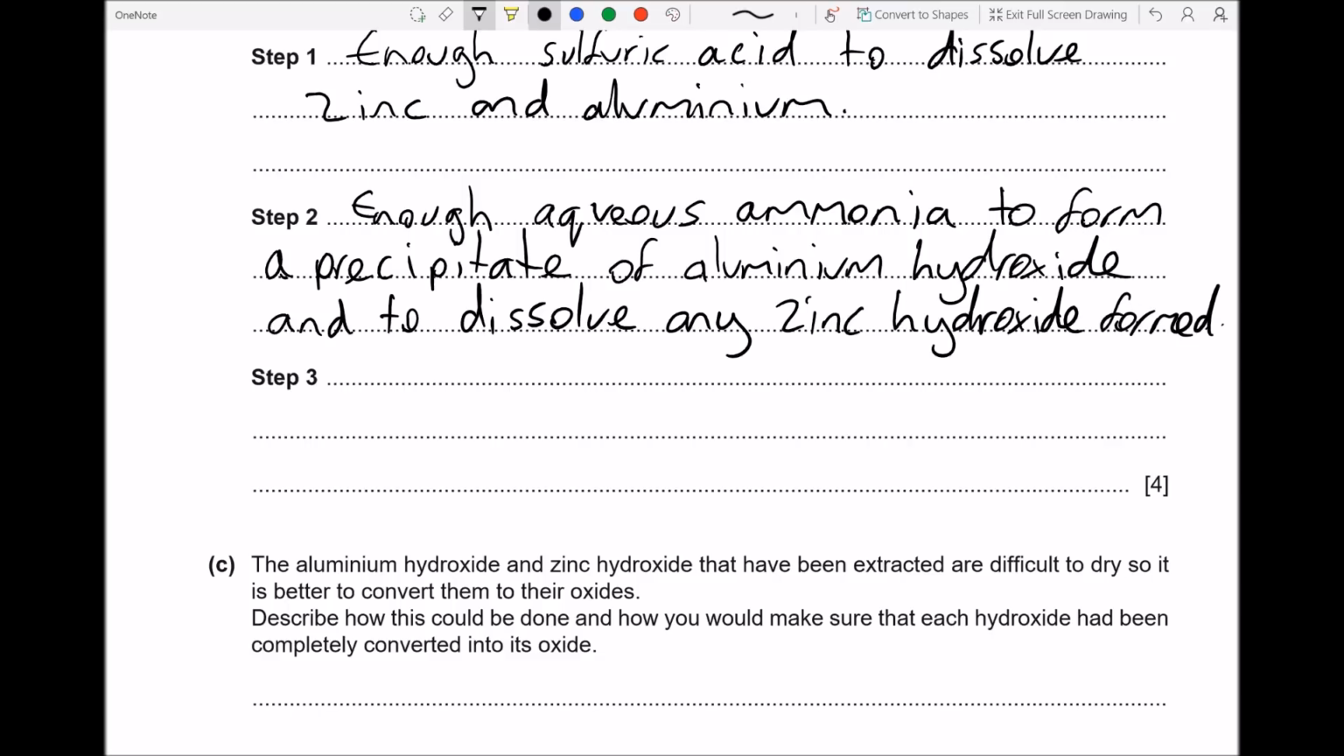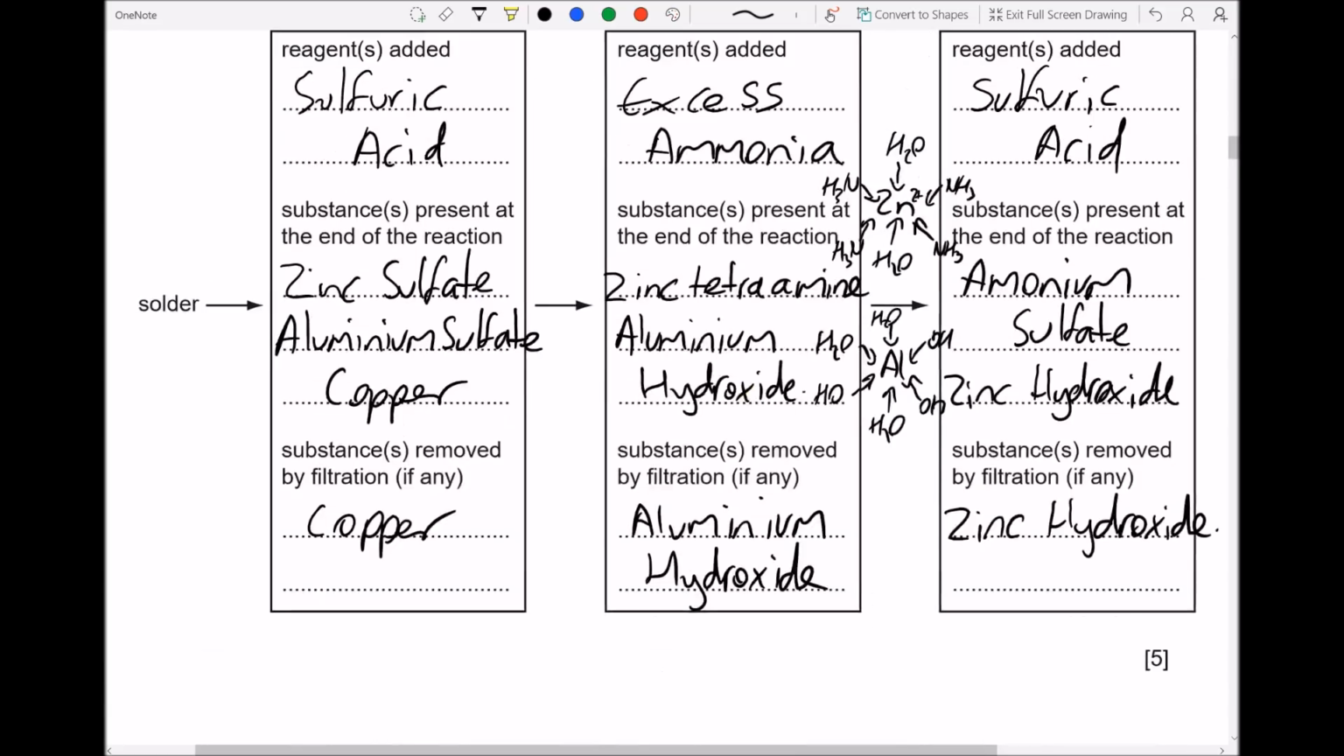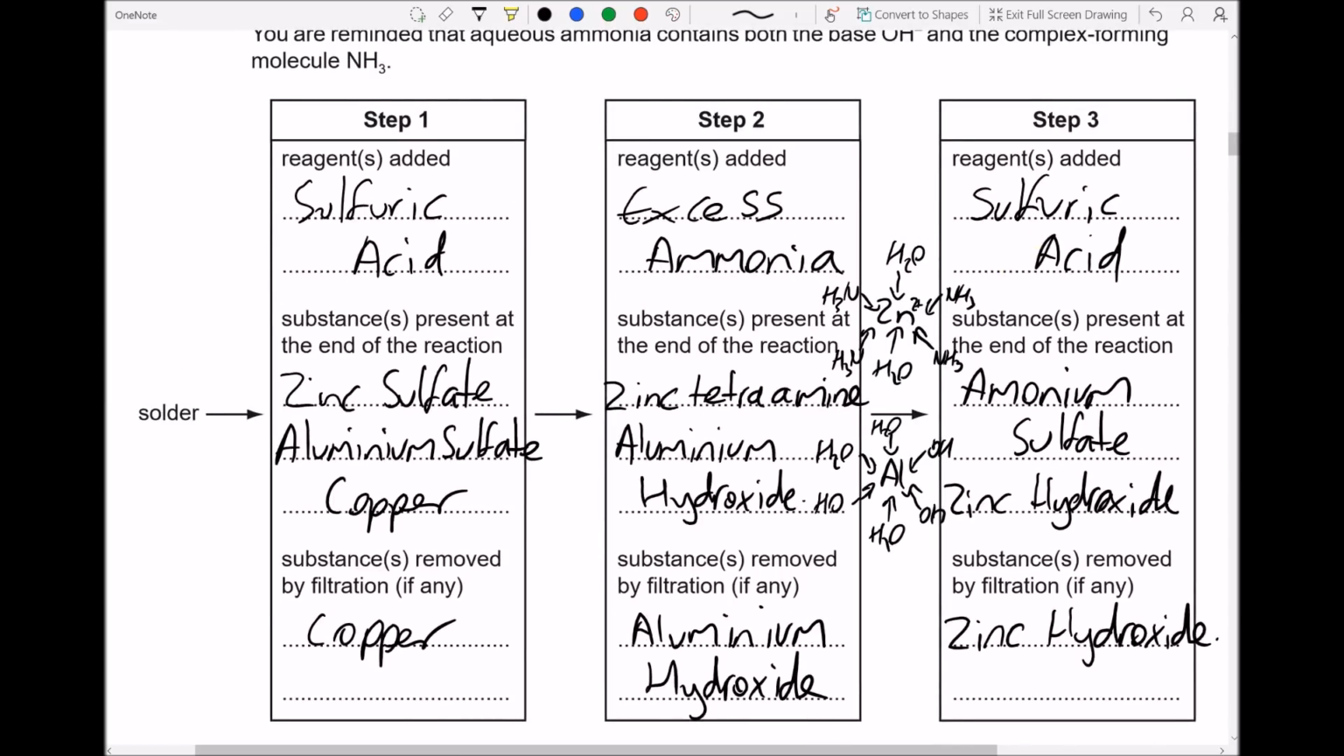There we go. Okay, and step 3. So again, with step 3, what we're doing is we're adding sulfuric acid this time. But if we think about this one here, we are forming ammonia. We have some ammonia left over in our solution here, and obviously the ammonia is on the Zn2+ as well. Now, what the sulfuric acid is going to do, we're going to need to add enough of this to